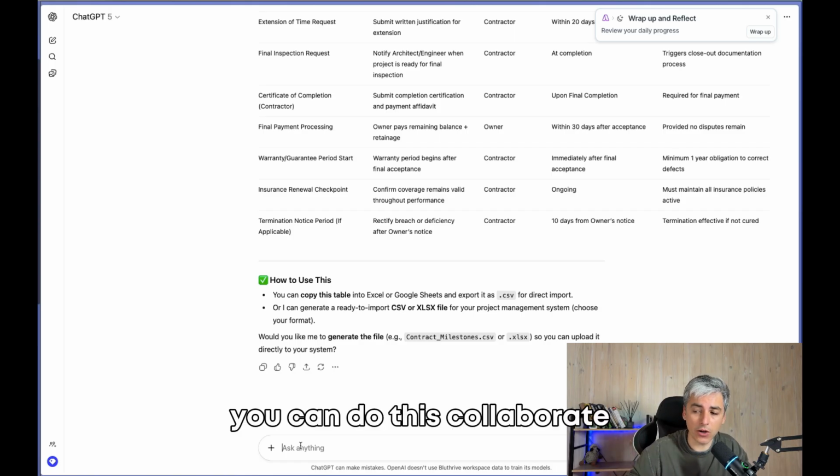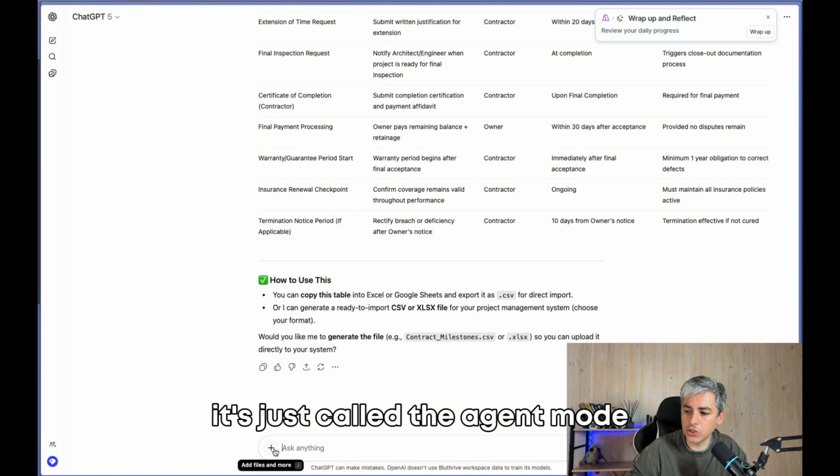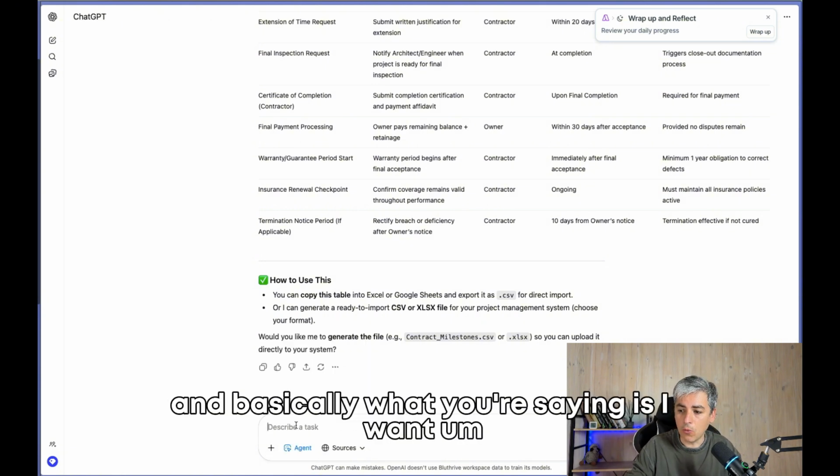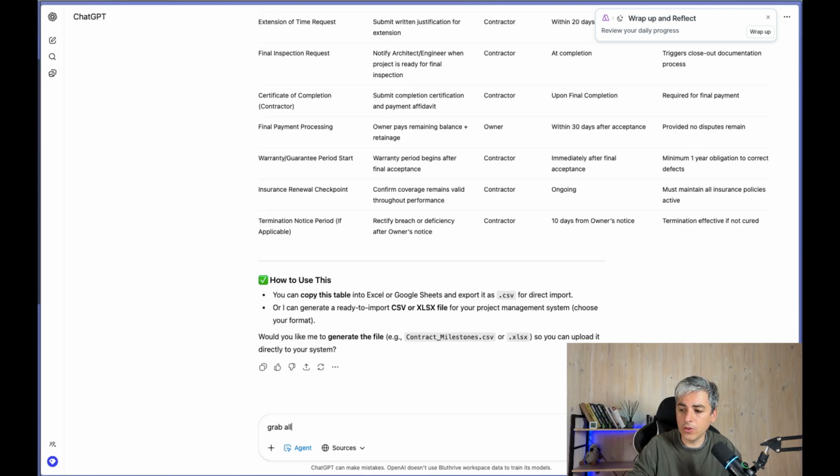You can do this collaboratively. But here there's a free wall. It's just called the agent mode. And basically what you're saying is, I want you to grab all the important milestones and add them into our project